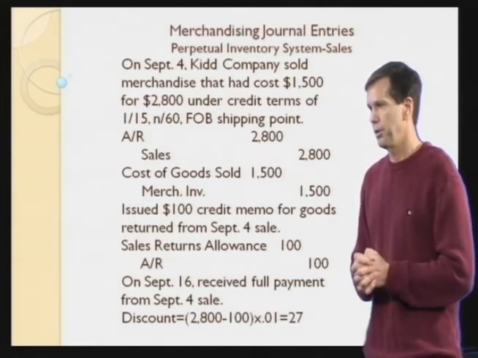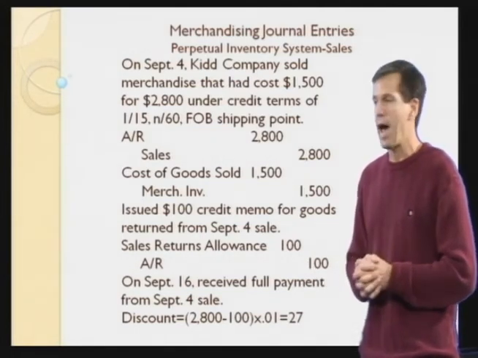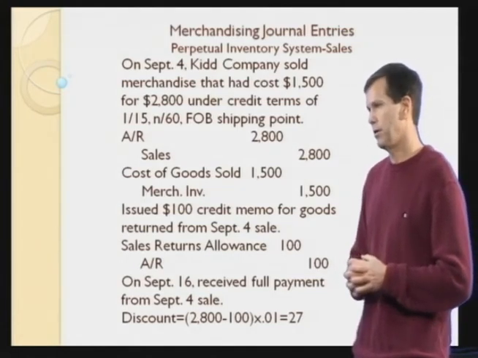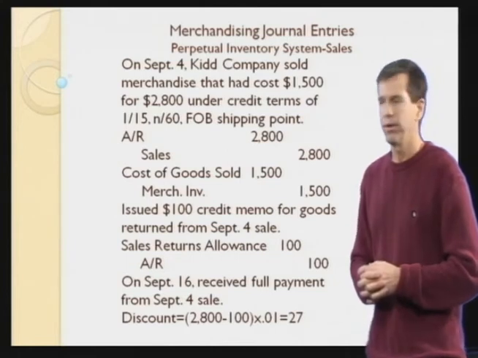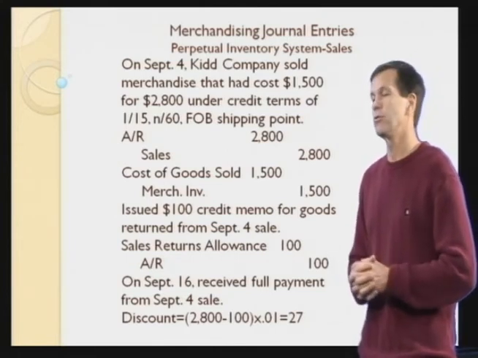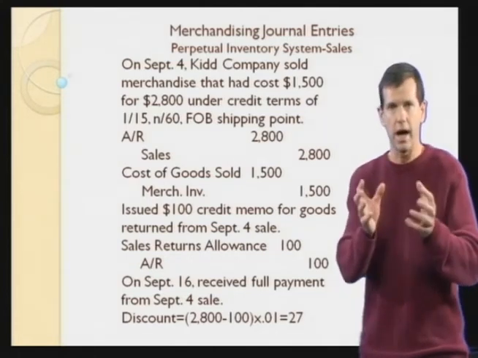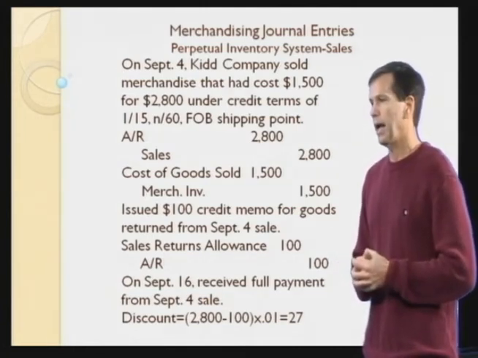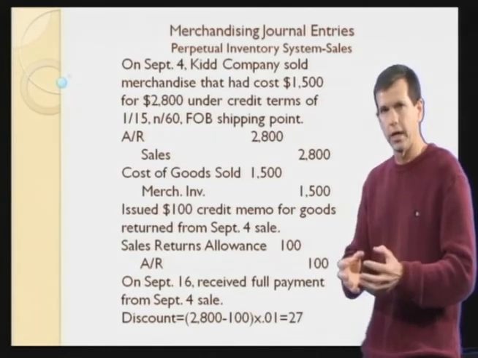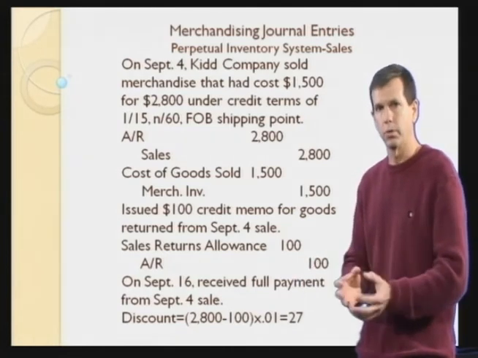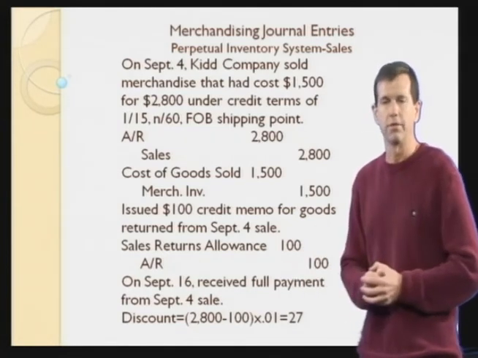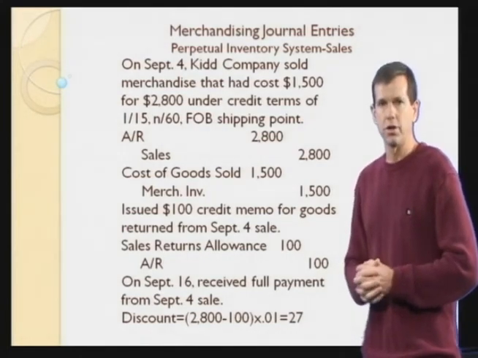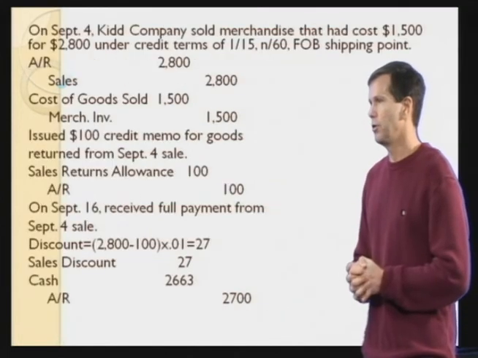Now we need to make a journal entry, assuming we received the cash. Let's see, by some quick math, what would that be? Did we receive $2,773, I believe? $2,673. See, I almost forgot about the return also. And so the amount of cash we're going to receive is the $2,800 minus the $100 return. That's $2,700 minus the $27 discount. I believe that's $2,673. So as you can see on the next slide, we make our journal entry,